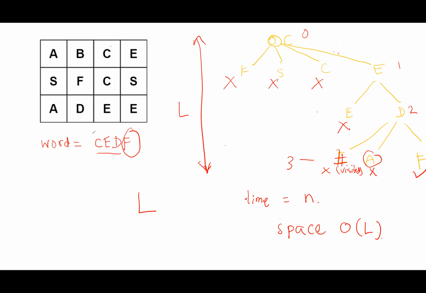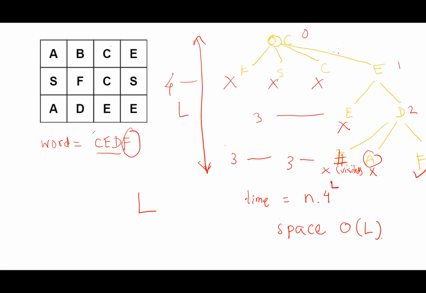In every level, we at most visit, say, four nodes, because there are like 4 neighbors, or it's like 3 nodes. So in the first level, we can visit four nodes here. In the second level, at most, we will visit 3 nodes. In the third level, we will also at most visit 3 nodes. So there are like L levels, and let's say take the upper bound. So in each level, I can visit 4 nodes, and the total number of nodes that are going to visit